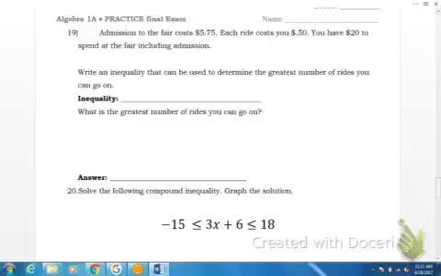This one wants us to write an inequality, so as soon as I see inequality, I know that this is not going to have an equal sign. Exactly, so it's going to have one of those special symbols. Admission to the fair is $5.75, and each ride costs 50 cents. You have $20 to spend. So if I say, I know I'm spending $5.75,